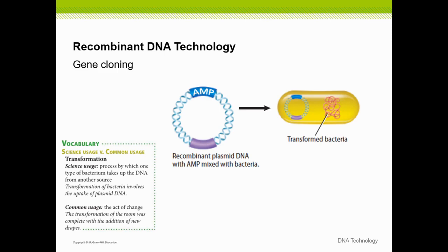And then we have bacteria, and we have the bacteria transform those plasmids. The process of transformation is when the bacterium is going to uptake that DNA. It's going to actually take the DNA in itself. And that's kind of why bacteria have plasmids to begin with, so that they could take plasmids from other bacteria, and it's kind of like their form of